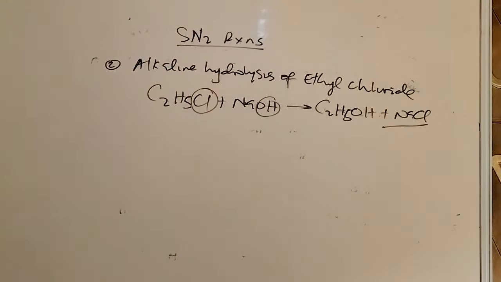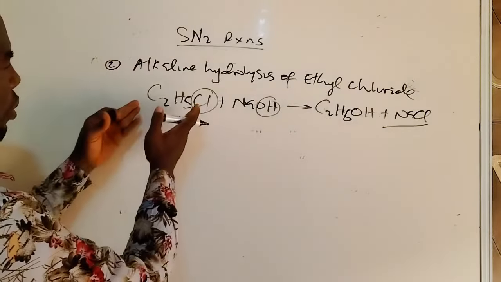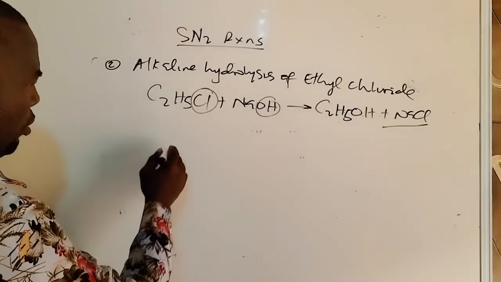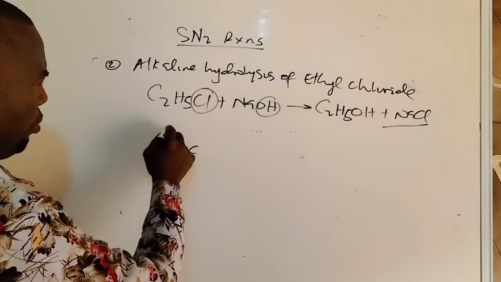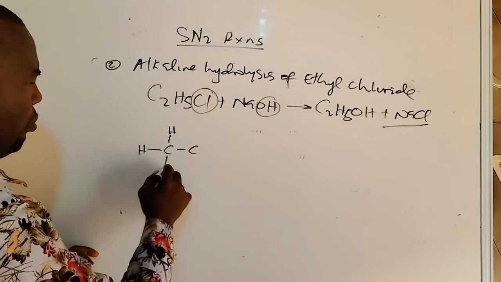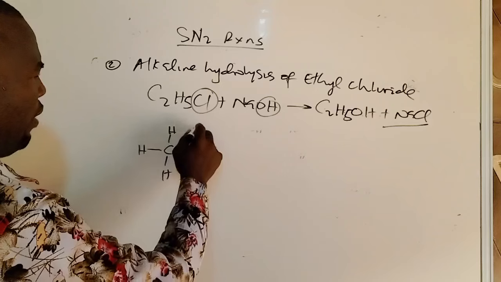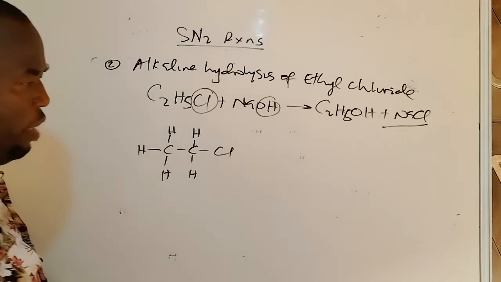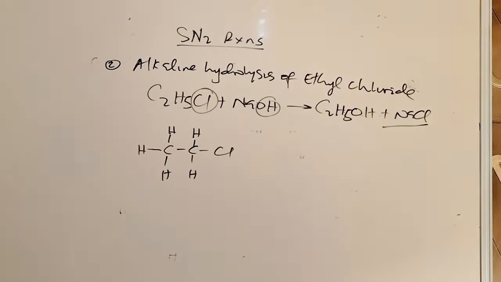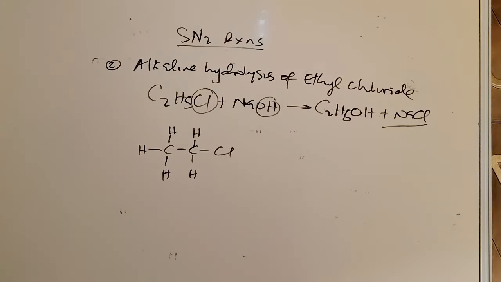So why would this reaction occur by the SN2 substitution mechanism? Why will it occur in that way? Let's see. If you look at the structure of this compound, C2H5 and chlorine,